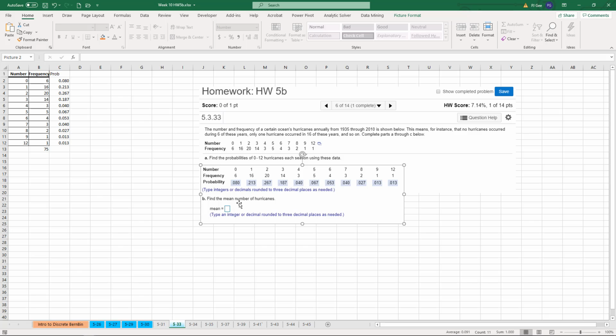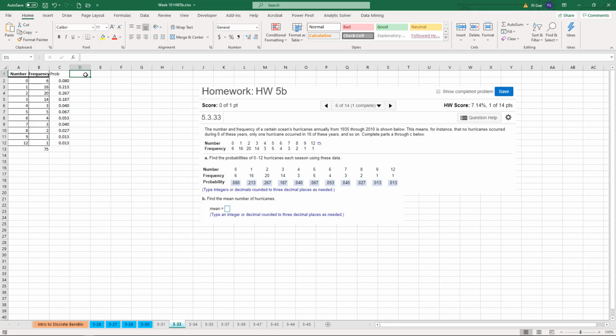Great. What's the mean number of hurricanes? This is a simple mean. So how would we do that? The probability times the number that actually occurred is what we're after right now. We're going to weight these. 8% of the time there were 0 hurricanes. 21.3% of the time there was 1. That's why we use these proportions, which we just described as proportions of allocating each of these numbers of